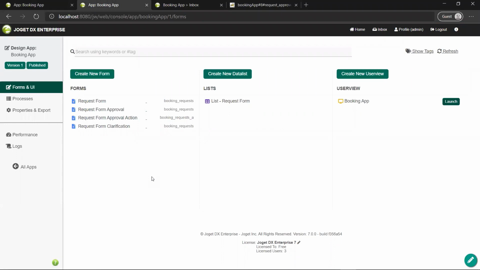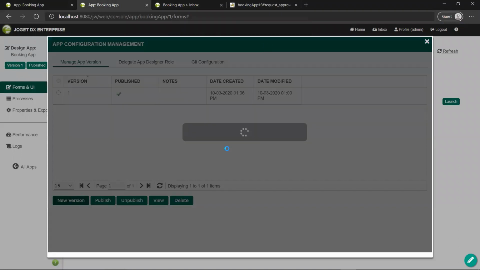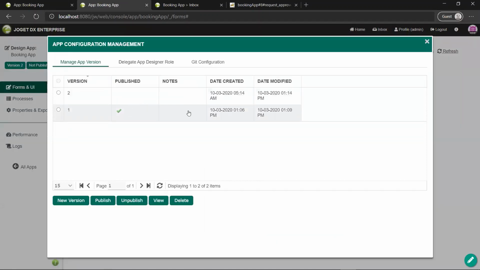Right. In our previous Joget versions, we have the feature to manage the version of the app that you are developing. So if I click on version 1, you can see the versions here. So let me just create another version. So here you can easily switch between them and publish different versions while in production. This helps the developers to continue working or improving the app while maintaining a production copy for users to use. In this example, users can still use version 1 of the published app while the developers are working on the